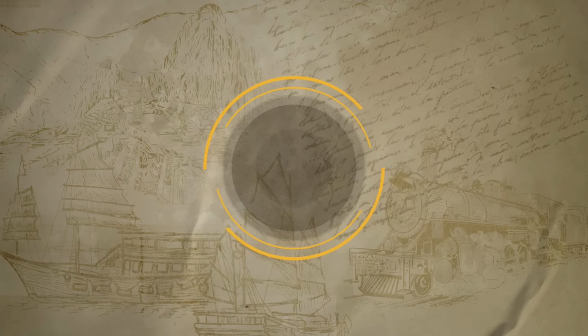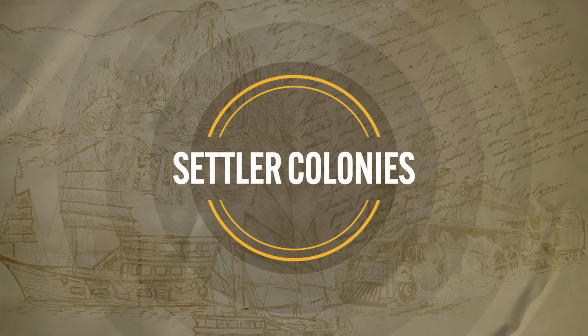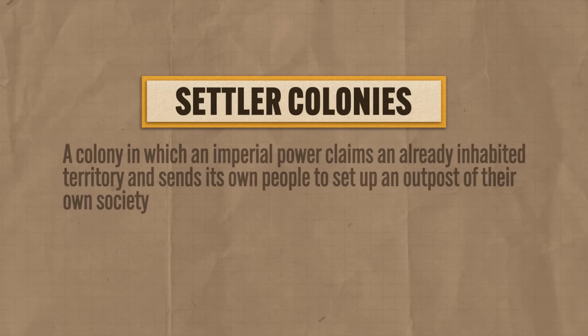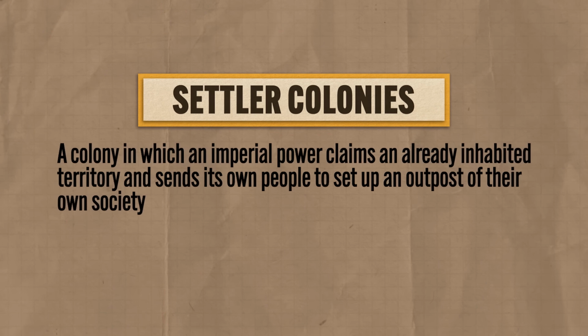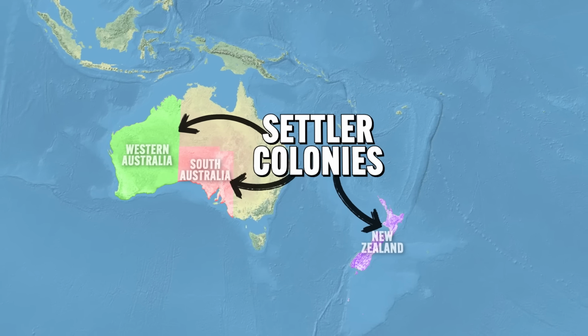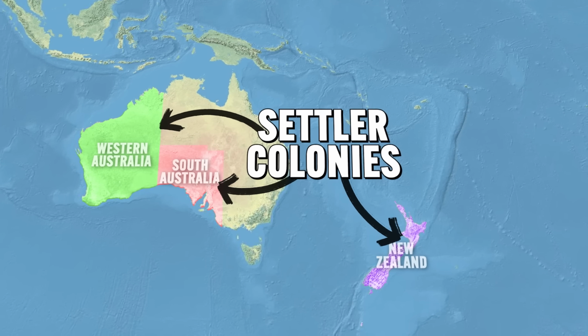Okay, the third method for expanding state power in this period included the establishment of settler colonies. And those are exactly what they sound like. The imperial power claims an already inhabited territory, then sends a bunch of its own people to live there and set up an outpost of their own society. And remember that settler colonies were big in the previous period, like for example the 13 British colonies in North America. Well, in this period, the British went ahead and established settler colonies in the South Pacific territories like Australia